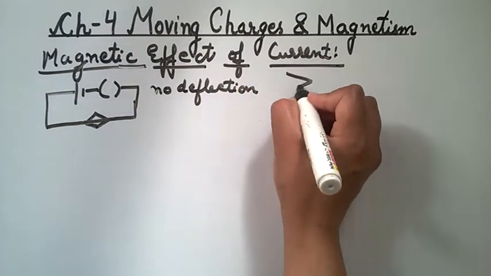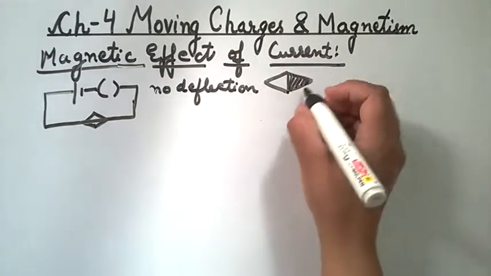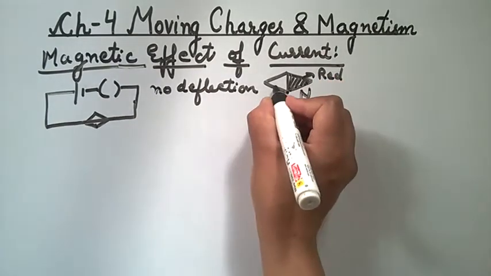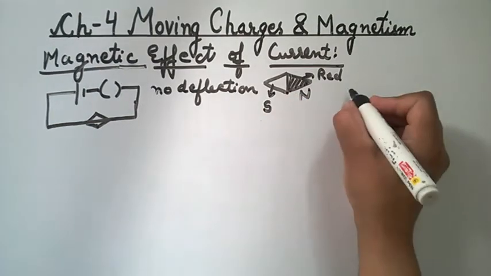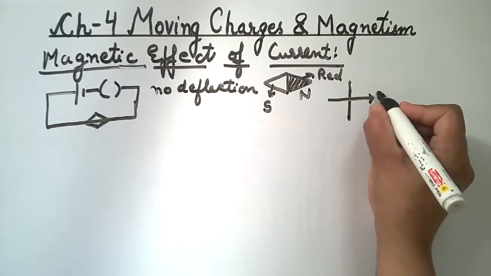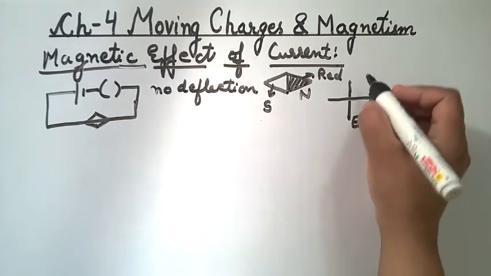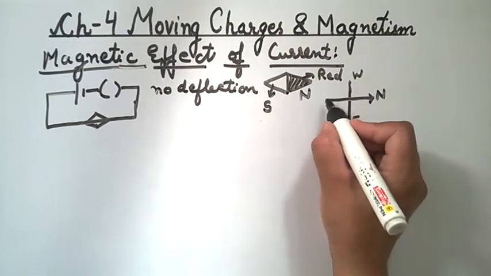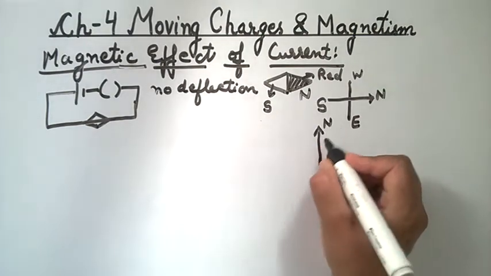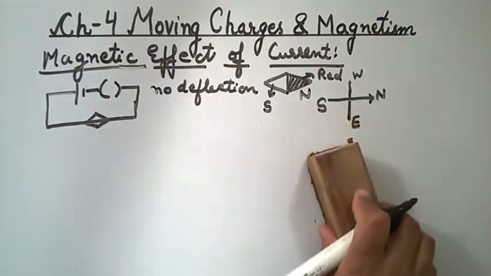Magnetic needle has two poles. The side which is red painted is known as North Pole and the other end is South Pole. And about the direction, if we consider this as a North Pole, then the right of this north is east. So the remaining will be obvious. That is, if you take this as a North Pole, then right of the north is east. So remember this,